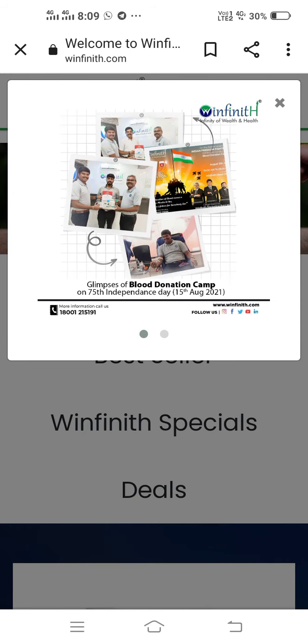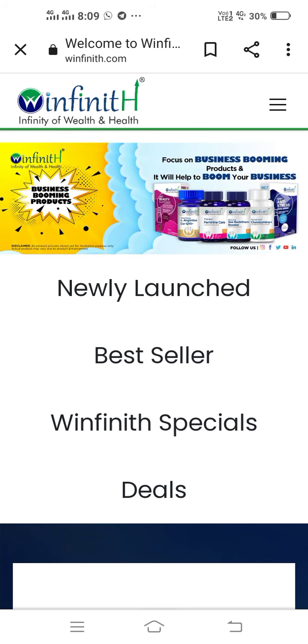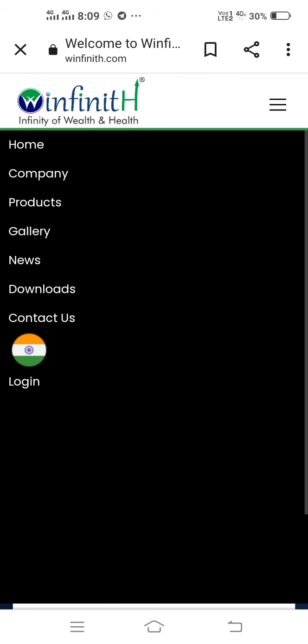Cancel it from here. Now you can look these three lines. Click on these three lines and go to last option. It's login.